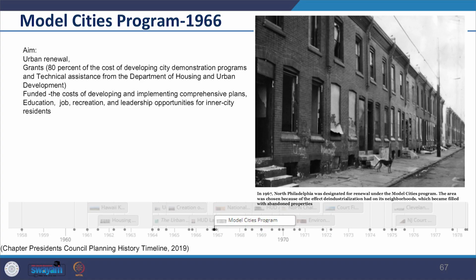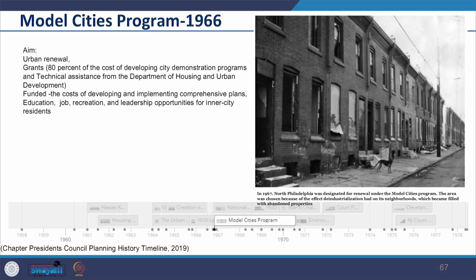The act, which was aimed at urban renewal, established grants that would pay as much as 80% of the cost of developing city demonstration programs and technical assistance from the Department of Housing and Urban Development. The Act's Model Cities program funded the cost of developing and implementing comprehensive plans as well as providing education, job, recreation and leadership opportunities for inner city residents.